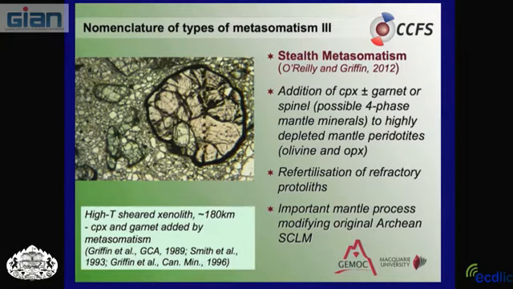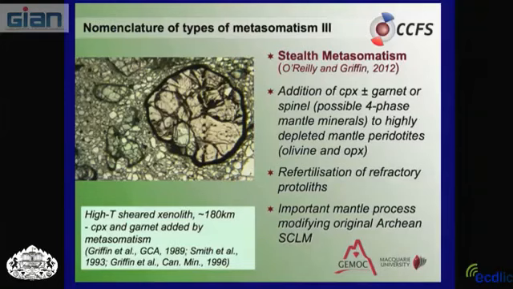It's a little bit more complicated. You still have the same mineralogy as with the cryptic metasomatism. For example, you have olivine, two pyroxenes, and garnet. But we have evidence that some of these garnets, or all of them, or all of the clinopyroxene, are not primary in these rocks. They were crystallization products during the metasomatism. It's a new phase, okay? It's a new clinopyroxene.